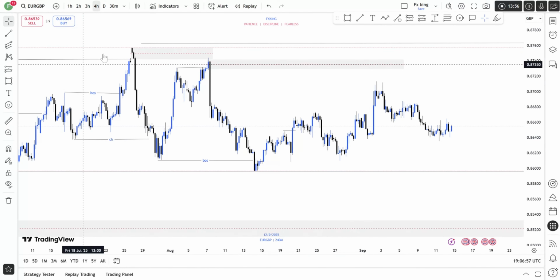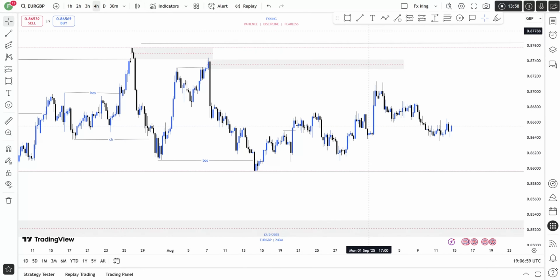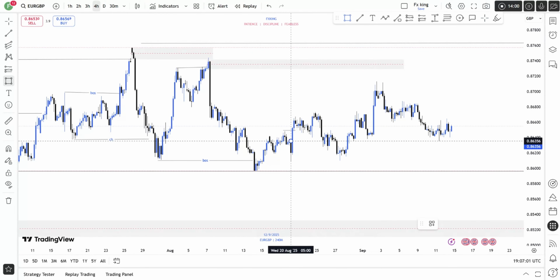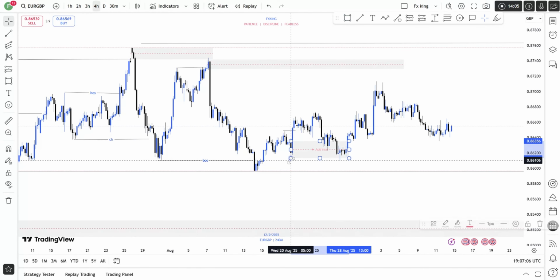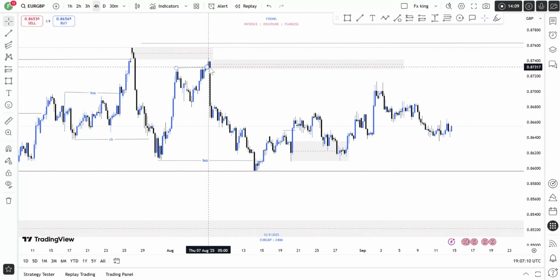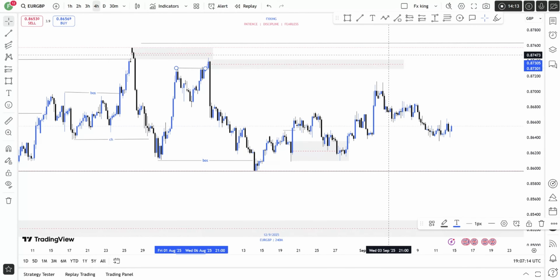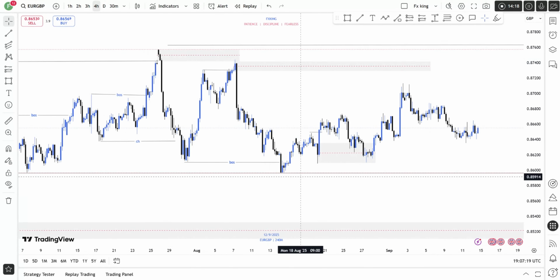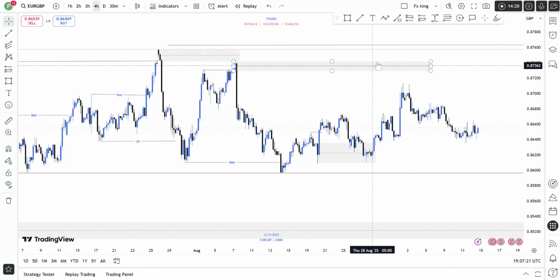Now, this trade is a trade on Euro GBP. I sent it in the group some time ago, whereby I highlighted this zone for us to buy from. We bought from this zone and the market rallied. I was targeting this zone because I knew that this would be the zone that I'll finally be aligning myself with the 4 hour structure to sell, because though this one is in the direction of the initial trend